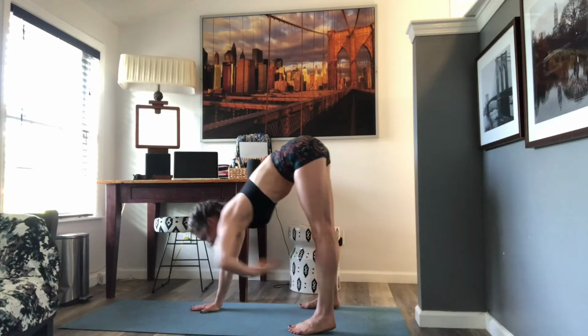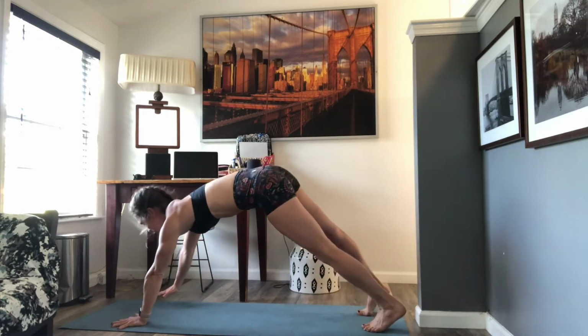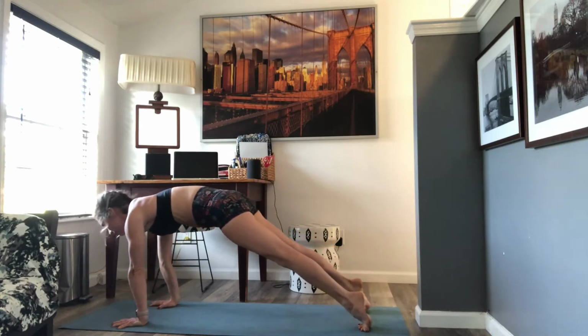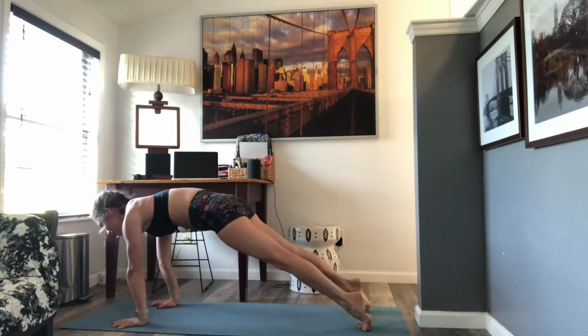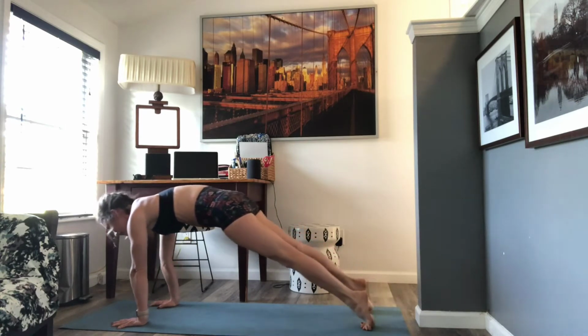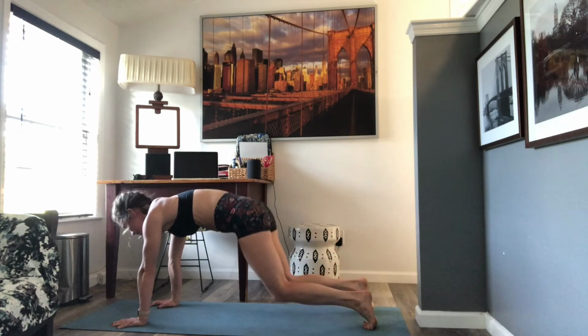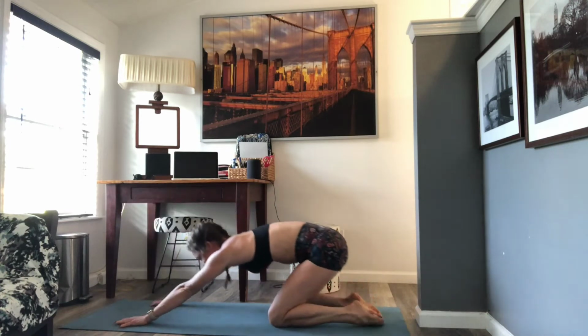Inhale, walking those hands all the way out. We're gonna meet in that nice high plank position, stacking those shoulders over those wrists, just shifting our weight forward and backwards. So pressing through the balls of the feet, keeping that back nice and strong, nice and flat. Beautiful. So nice. From here, lowering those knees down towards the ground, dropping those hips back, meeting in that child's